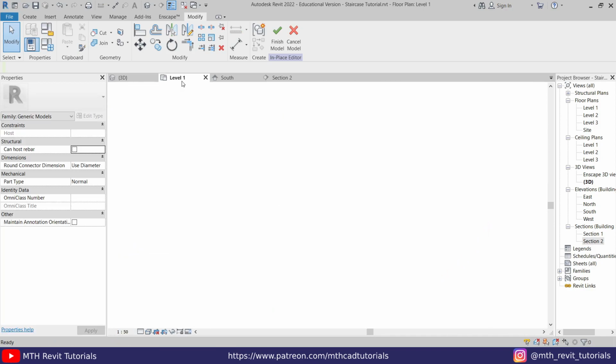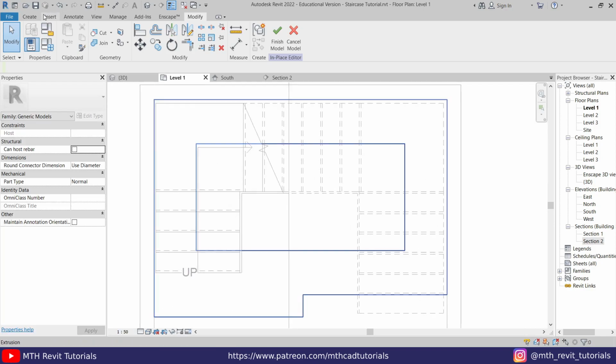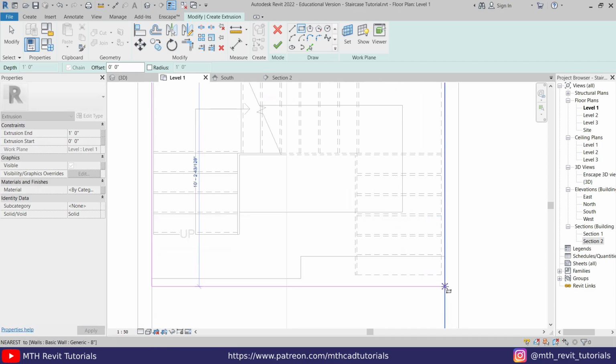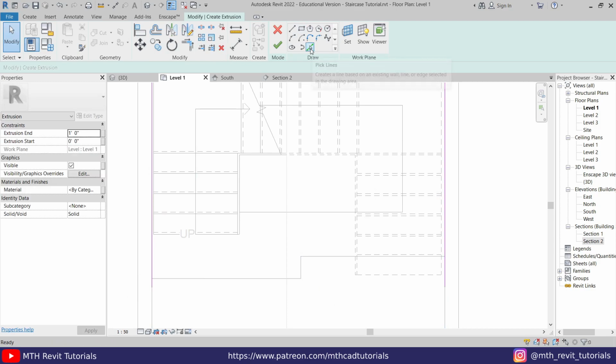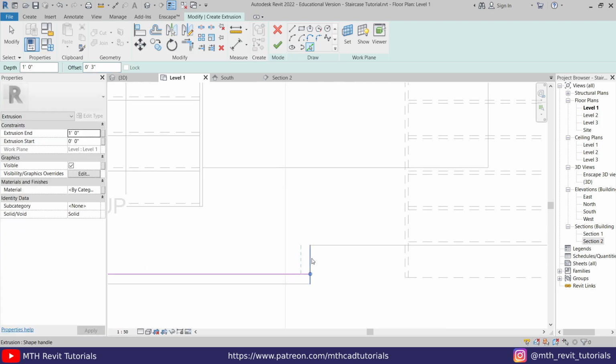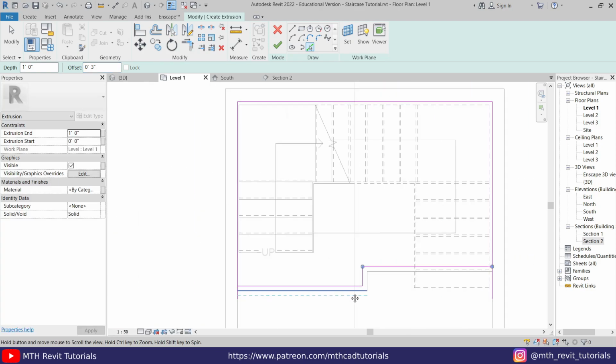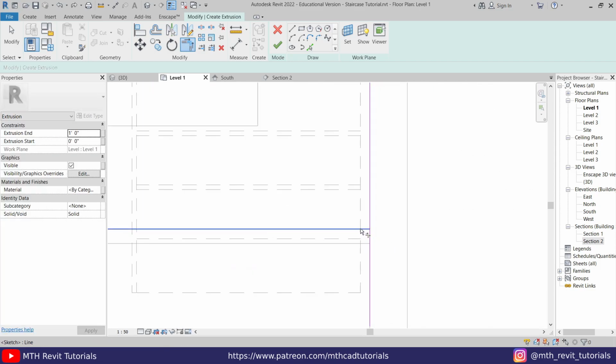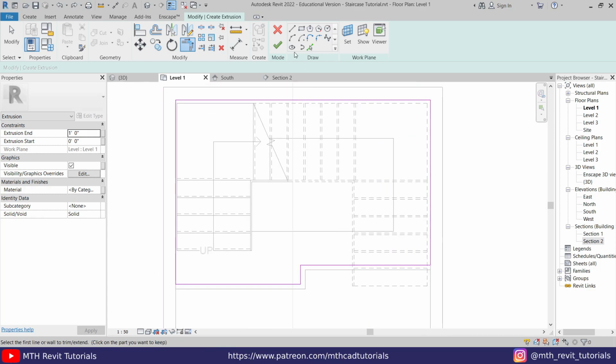Now let's go back to level 1 again and we'll create another extrusion. Let's draw a rectangle here. It will look like, and we can just delete this line and use pick lines and give 3 inches offset on this side like so. Just trim this line as well as here. Now let's click finish